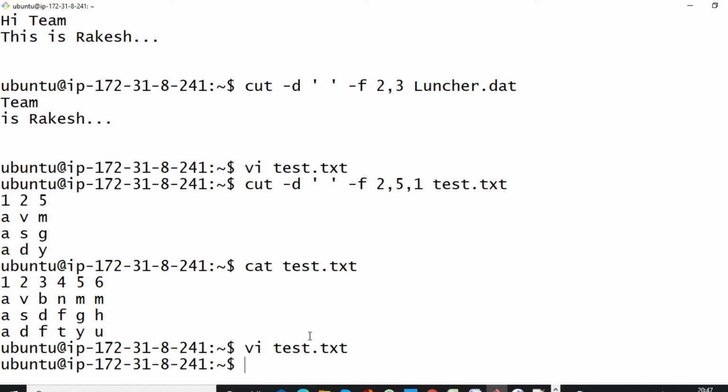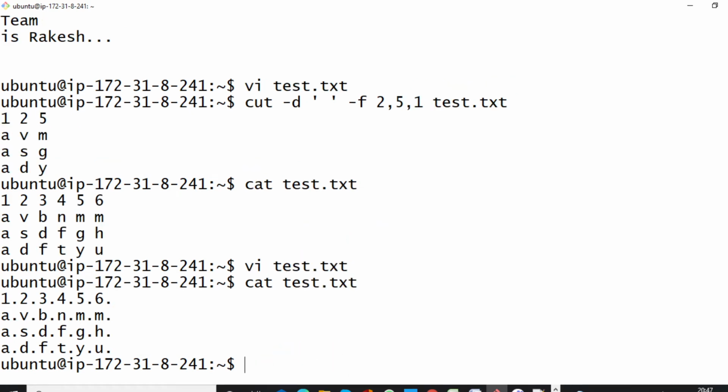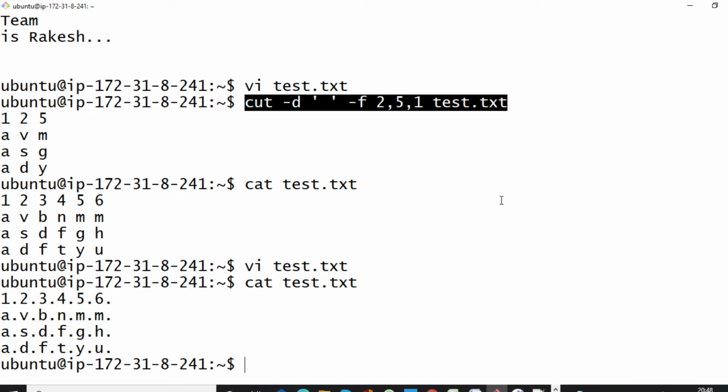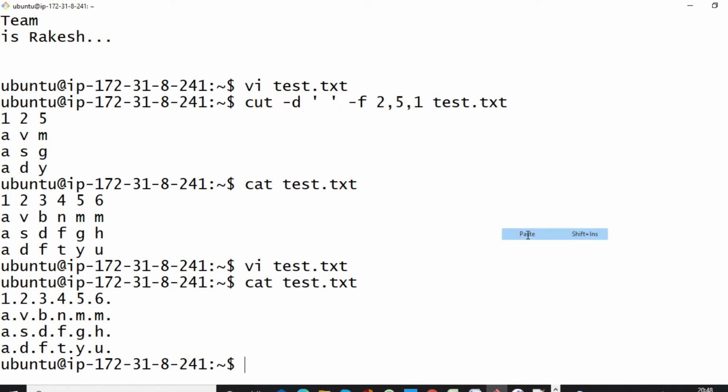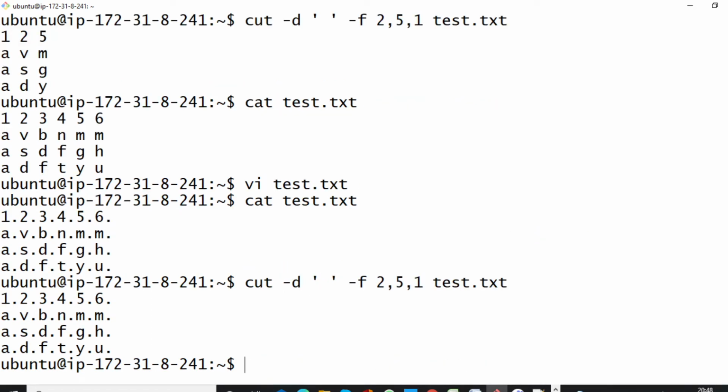So now if you cat this file, there is no space inside it. Now suppose someone asks you to print the same thing, the second column, fifth column and first column. Sorry, here the delimiter has been changed, so it's a dot.